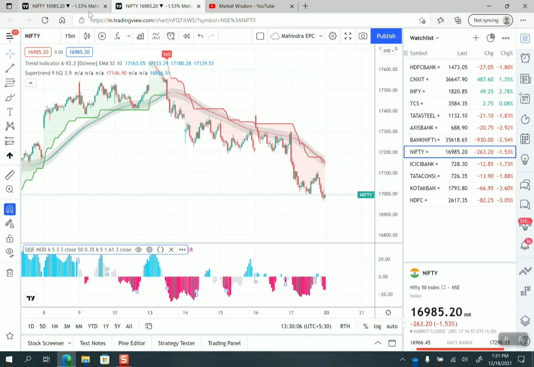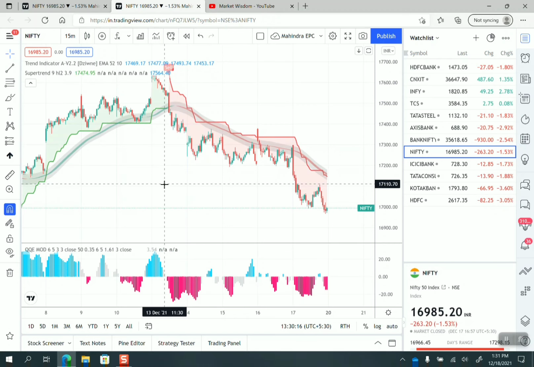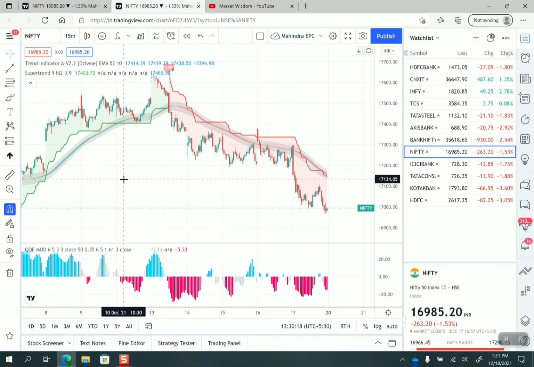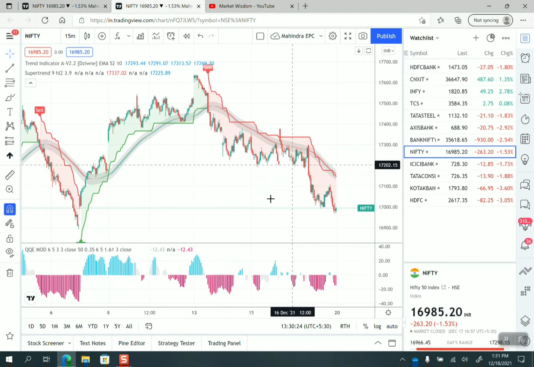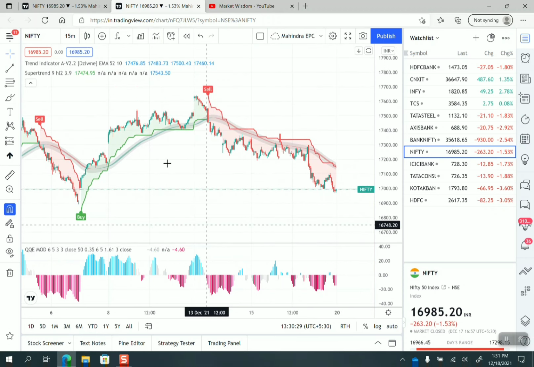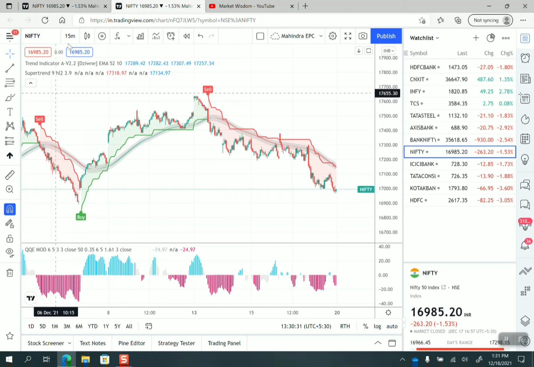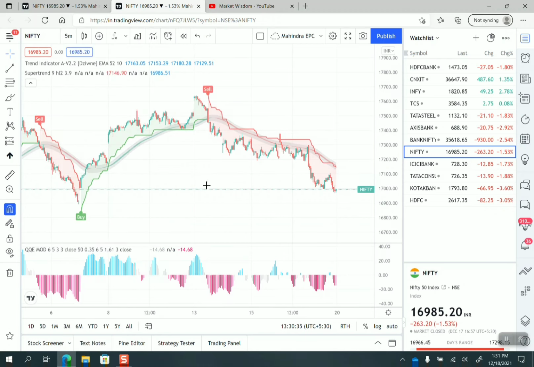Okay, so let's take a look at the sell side first, because right now the market is in a downtrend. So let's cross verify whether we are getting any signal from these particular indicators on the buy side and sell side. So you can see now in this particular 15-minute candle, I use it for 15-minute or 5-minute as well. Okay, so let's see 5-minute first.